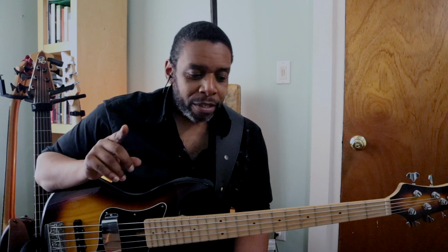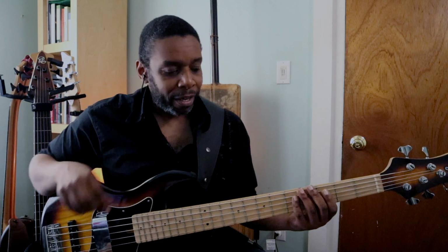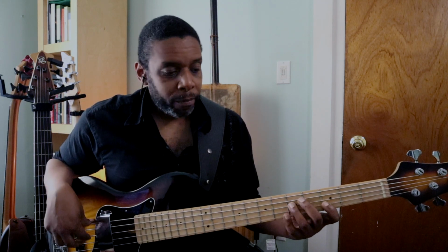All right. So here's the idea. The main thing I talked about in the last video, and I reiterated it over and over again because I really wanted you to get it, was this concept of taking the G minor pentatonic scale and basically spreading it out over the fingerboard using 3 different shapes. And if you don't remember those shapes, I will go through them very quickly here. Once again, G minor pentatonic,